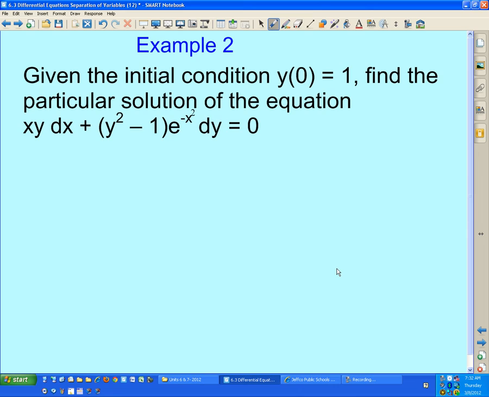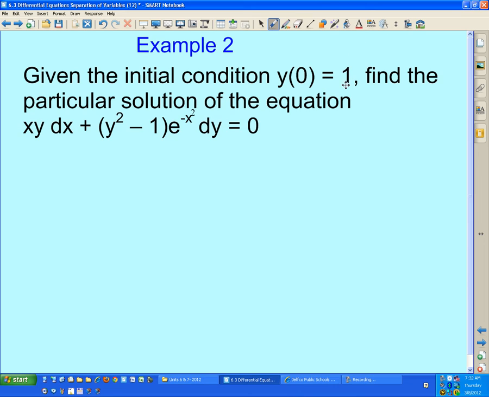So hopefully that triggers in your mind what you're looking for. Now you're going to need to find the c to get the final solution. So we're going to do the same type of thing as we did before. We're going to get the y's on one side and the x's on the other, and then we're going to solve for c, because they gave us x is 0, y is 1, and we'll